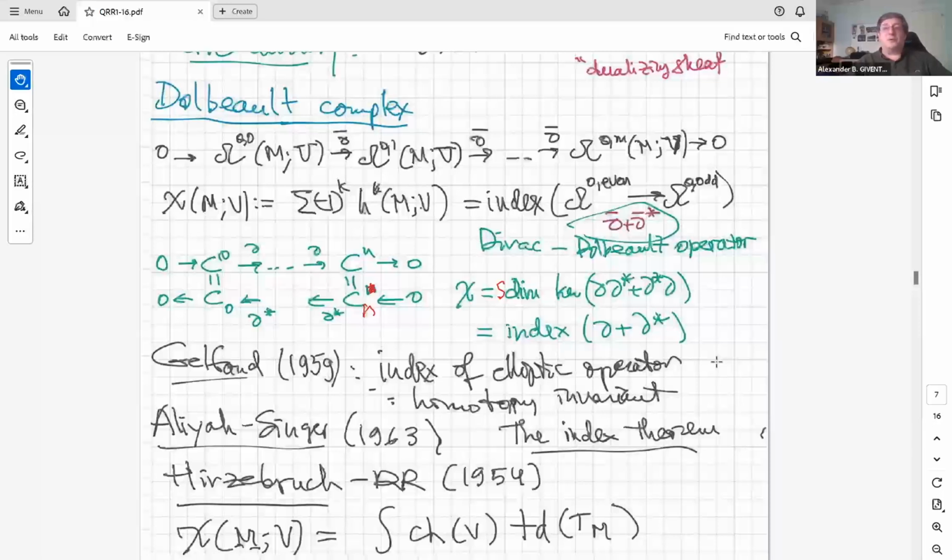The operator remains Fredholm, so the difference between the dimension of the kernel and the cokernel stays the same. And therefore, there has to be some homotopy theoretic description of that index in terms of geometric or topological data. And that's what Atiyah and Singer did. They proved the index theorem, which computes the index in terms of the topological properties of the symbol and characteristic classes. This Dirac operator is one of such elliptic operators, but in fact,